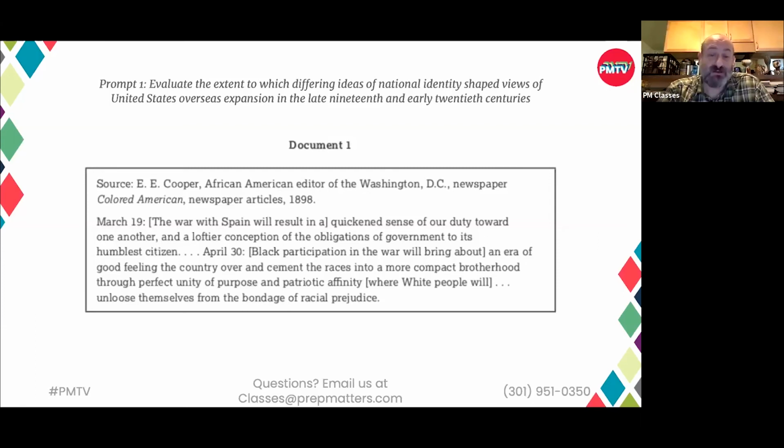what's changing. 1898 is really the consolidation of Jim Crow across the South. Really the process of disenfranchising African Americans is now complete. And reading this, I see Cooper's argument, and I see a continuity with Booker T. Washington arguing that African American economic activity will lead to equality, will lead to an end or withering of prejudice.